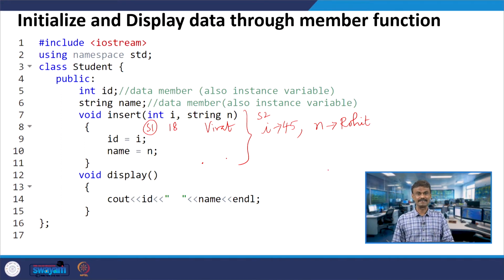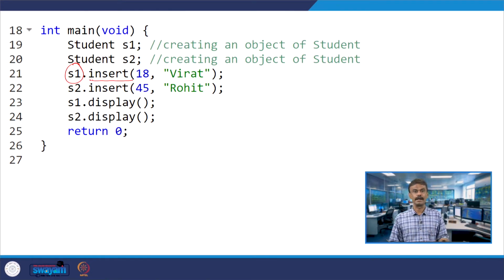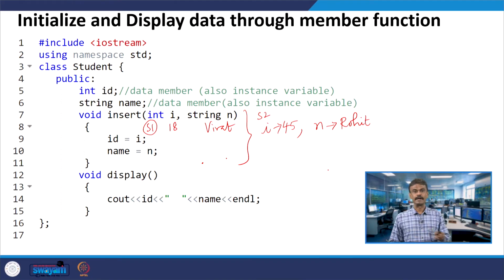When S1 is invoking display at line number 12, you can see at line number 14 cout ID and name, so 18 and Virat will be printed. Similarly, when S2 is invoking display, under S2 it is 45 and Rohit, so these will be printed.